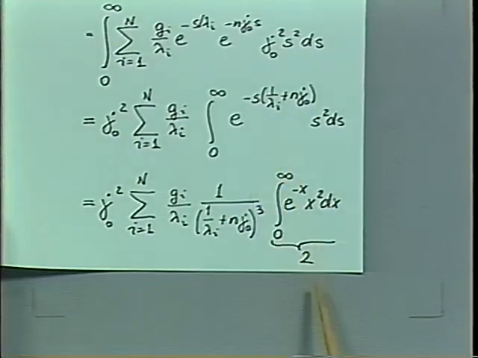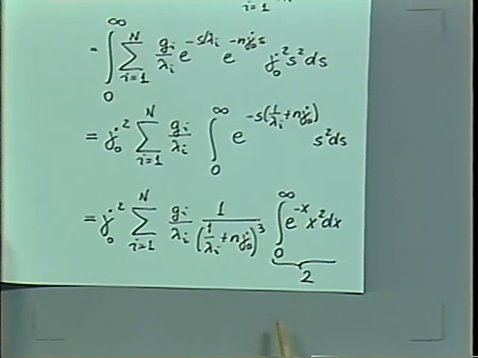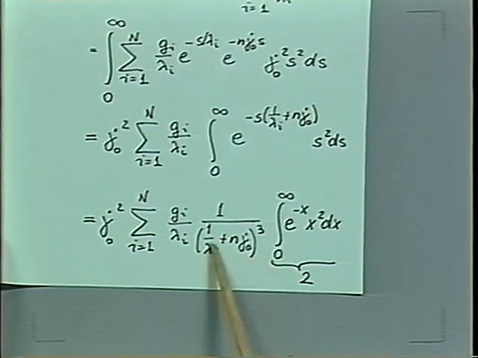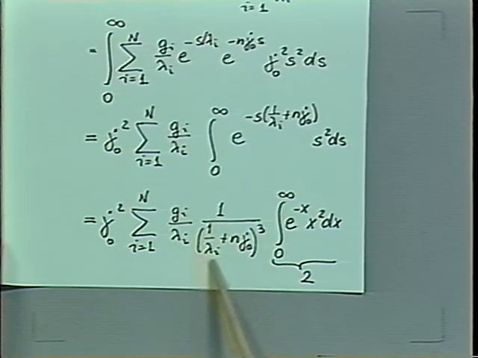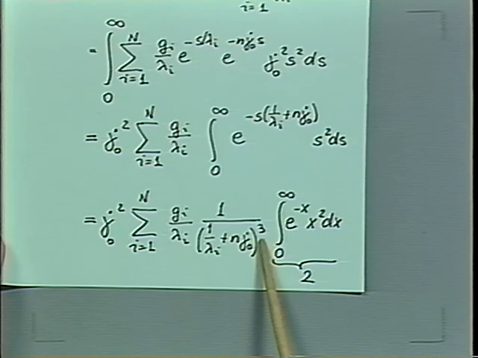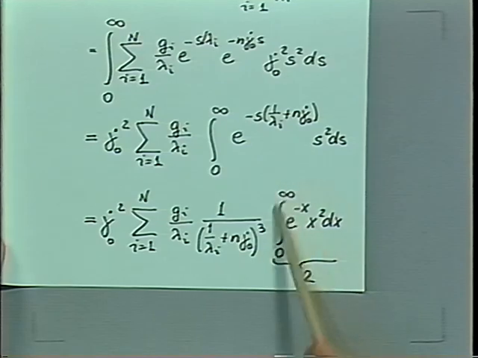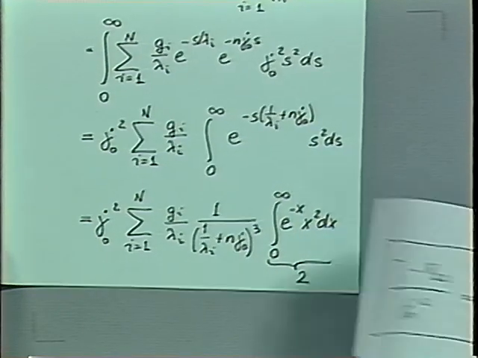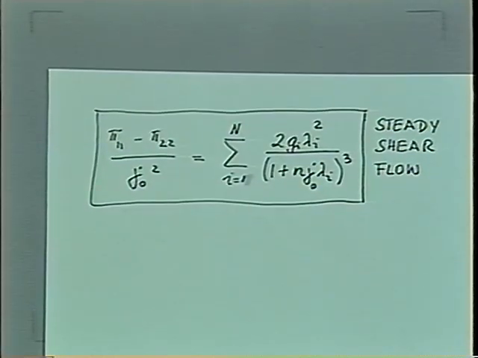We just substitute with x, and we have a front factor, g_i over lambda_i, multiplied with this one here. It comes in with a third power because we have s squared ds, and the simple value of this exponential function integral is 2. We introduce that solution and find that the first normal stress difference is equal to 2 times,